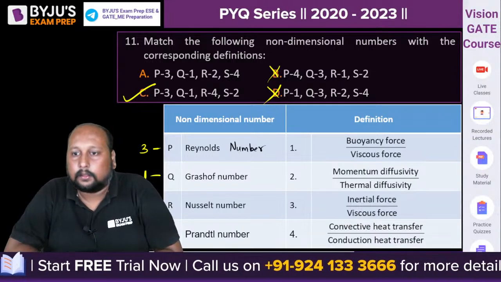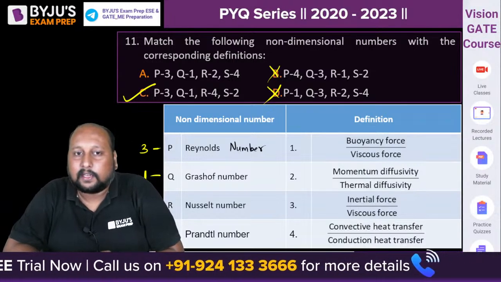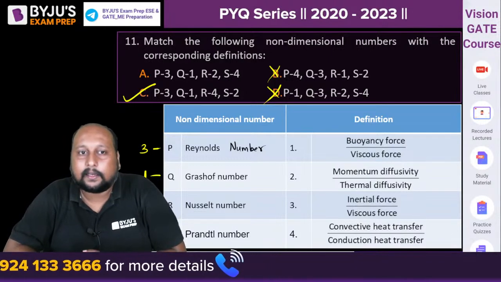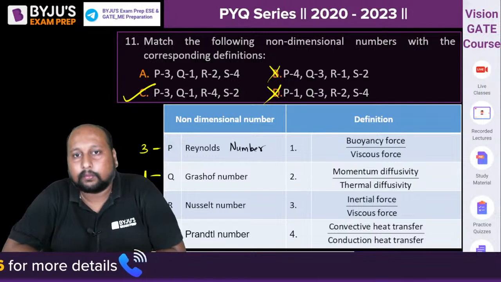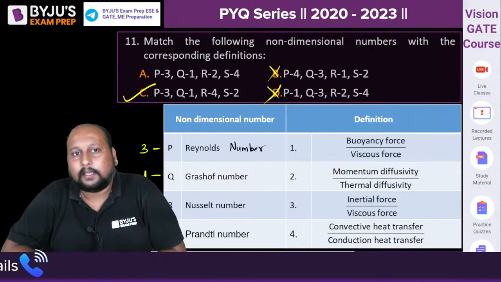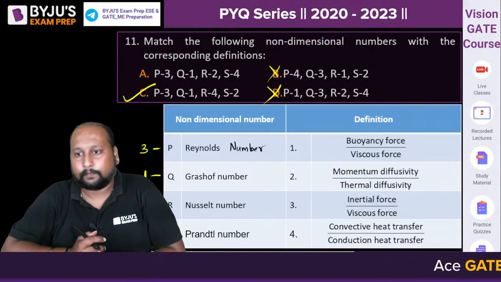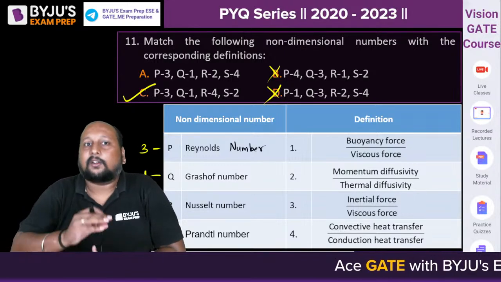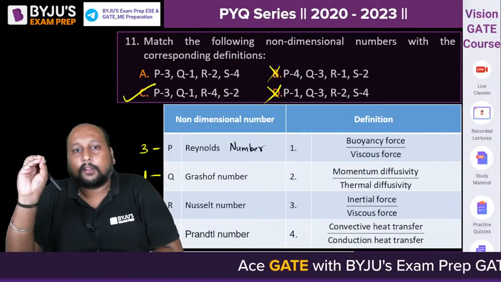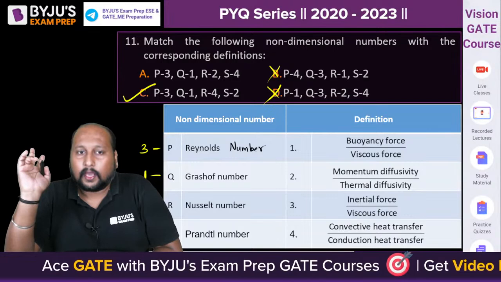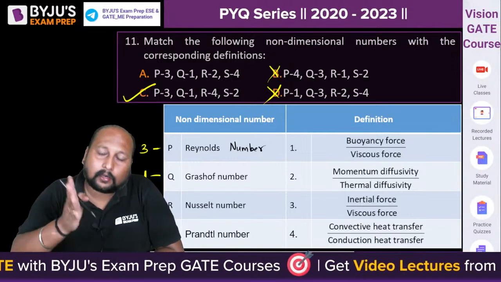Look, this is a very scoring subject, so don't make mistakes in these. If you make mistakes in these, then how will you be able to get the rank? These are the questions where you will be saving the time and gaining the marks. In the GATE exam there are some sets of questions where you need to save the time and gain the marks. This is in that particular category, right?